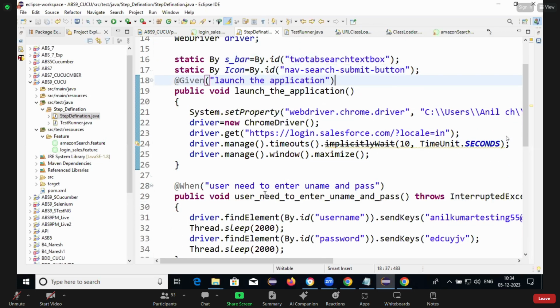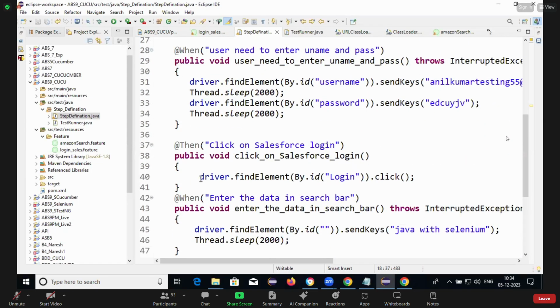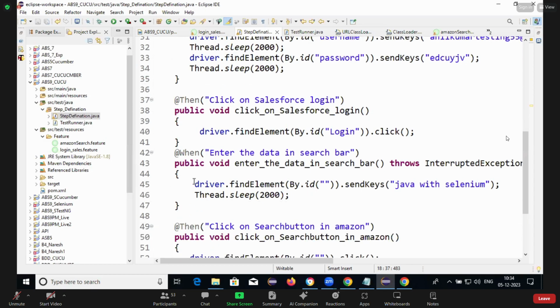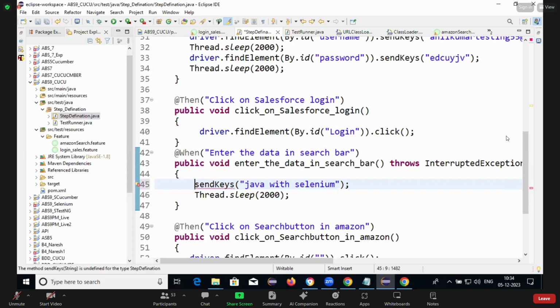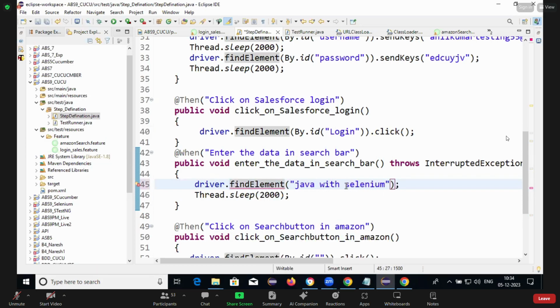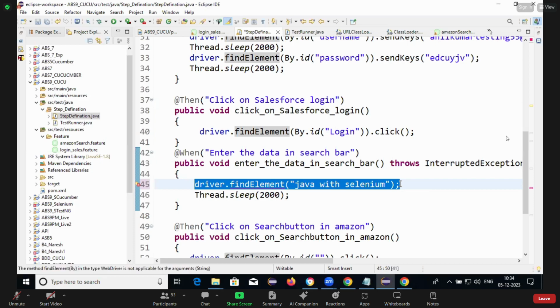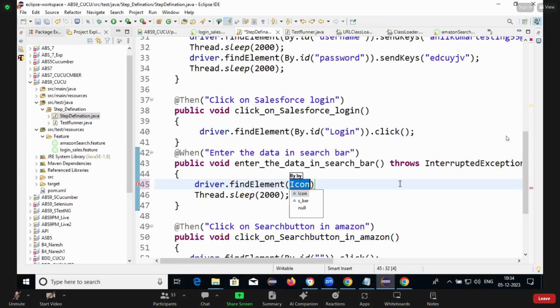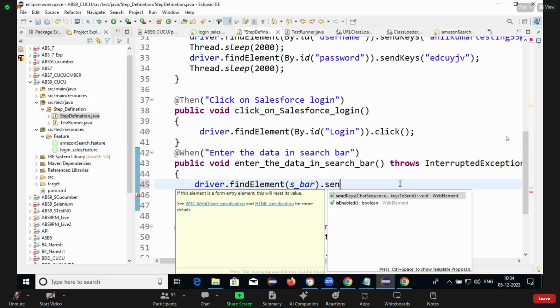Okay, so here we need to provide driver dot find element. One minute, everything I need to remove. Driver dot find element. So what is that one? S bar dot send keys,